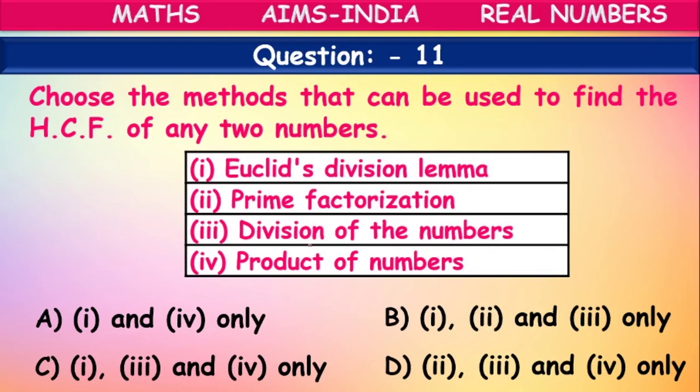So choose the method that can be used to find HCF. First one, Euclid division lemma, correct. Prime factorization, correct. Division of numbers, correct. Product of numbers, wrong. We have three methods. Either we can write in the form of A equal to BQ plus R according to Euclid division lemma, or we can take